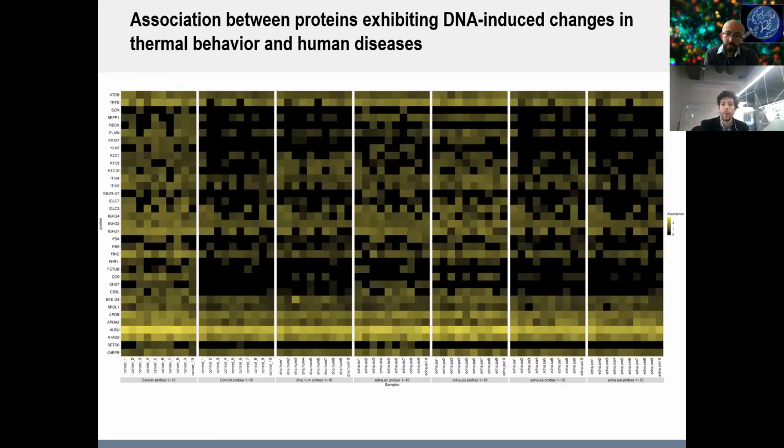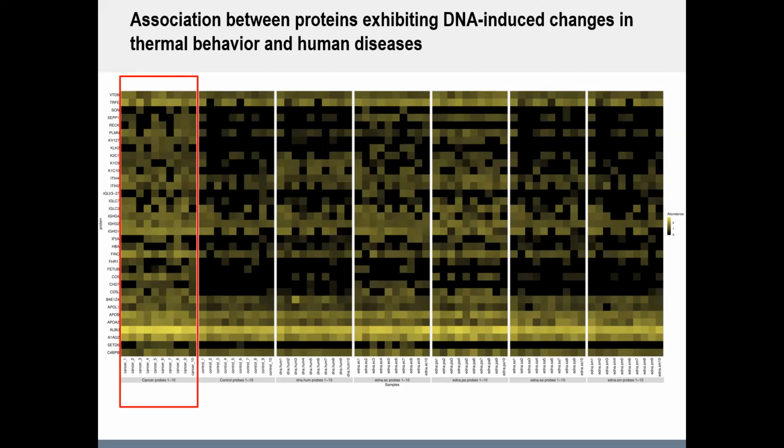And finally, with that said, we took plasma samples of patients with pancreatic cancer, stage 2 and higher, and compared the profile of heat-resistant proteins of these patients with the heat-resistant profile of normal plasma following the treatment with bacterial DNA. So how to read this heat map? Let's see. The most left-hand side, this part that is right now highlighted in red color, is the set of blood plasma of patients with pancreatic cancer. Each column is an individual sample.